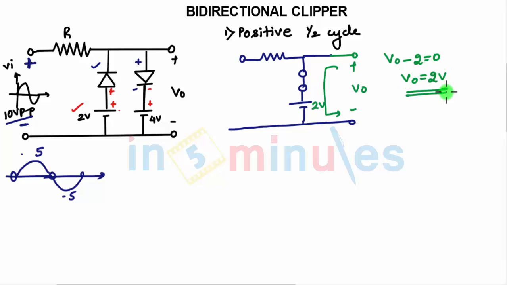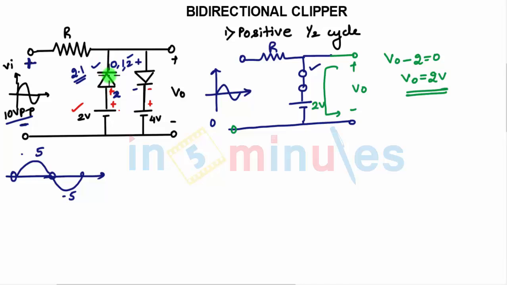Now we need to check until which point your output will be 2 volts. This is your input, and this is your resistance R. If your input is 0, at the negative you have 0 volts and at the positive you have 2 volts. The diode is forward biased, which means this circuit is valid. Then VI is 1 volt. Again the diode is forward biased and this circuit is valid. Then you reach 2 volts. Now you are trying to reverse bias, but again we consider that this 2 volts is equal, so the diode is short circuited. Once you reach 2.1 volts, the diode will be reverse biased.